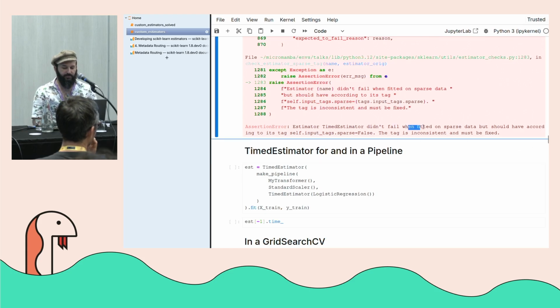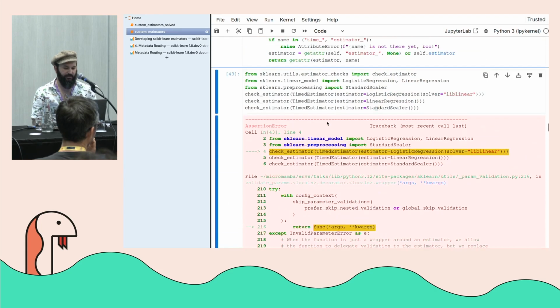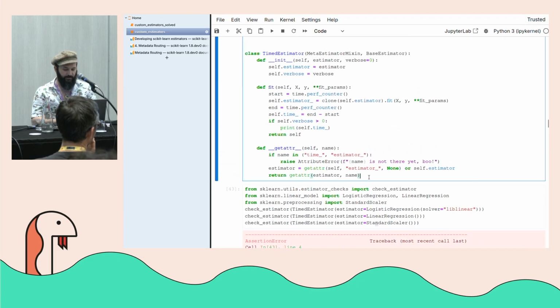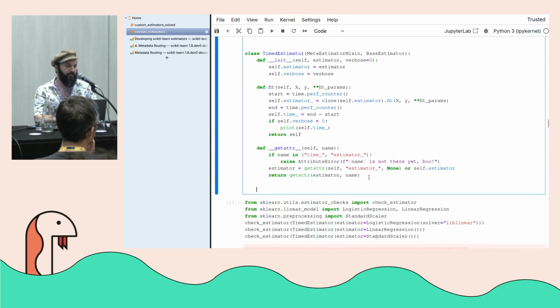Now, it says it didn't fail when I passed sparse data. Your tag says that you don't accept sparse, so you should raise the right error. Well, that, again, comes from tags. How do I fix the tags? Again, I delegate tags to the sub-estimator. I say __sklearn_tags__,